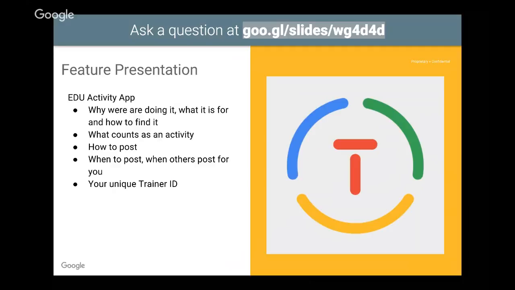Sure. The EDU Activity app is something every trainer needs to use and know where to access. The reason we have that app is that it's a tracker for your required presentations and trainings to maintain your certification status. And it's linked directly off of the Google certification training. So if you can get to the GET website, then you'll see a link to the activity tracker from the drop-down menu. But you can go directly to it by just going to